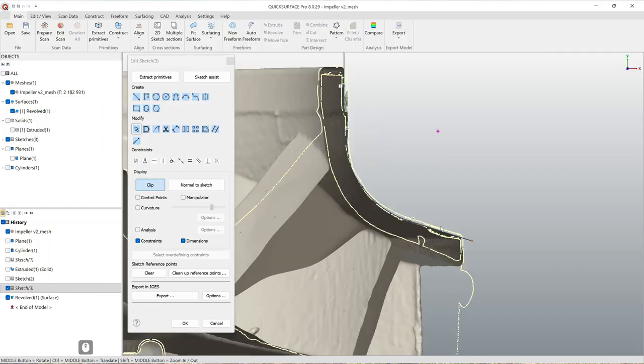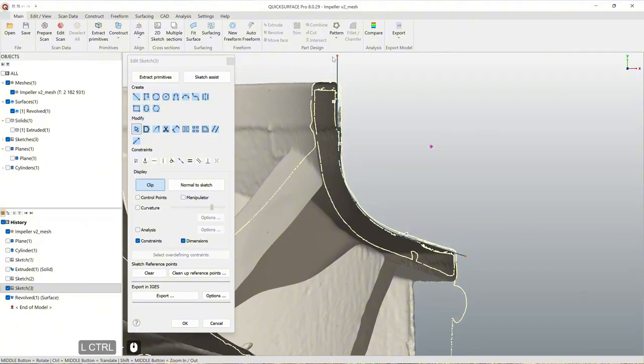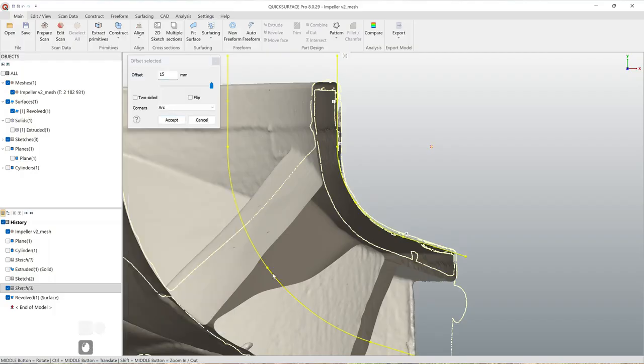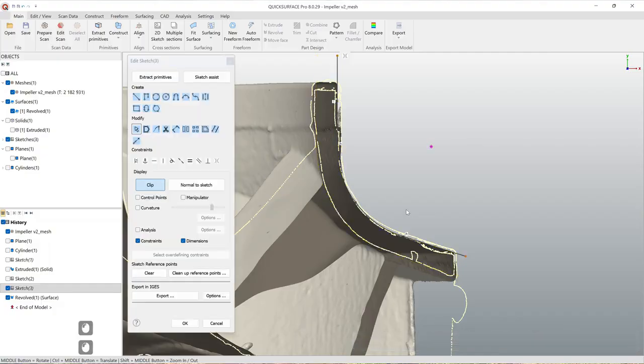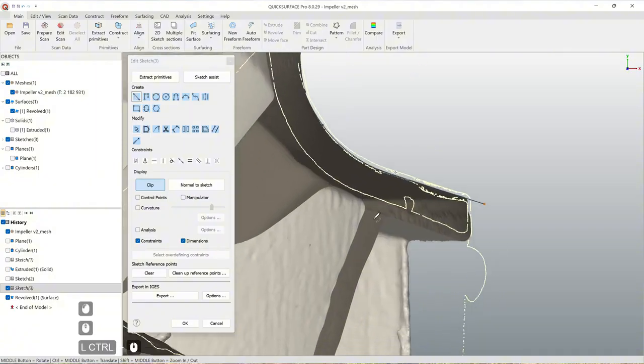edit our sketch to add some thickness. What we can do, we can try to select all these entities, click on offset. See how it goes. Okay, probably I'm not actually satisfied with the result, so let's make this